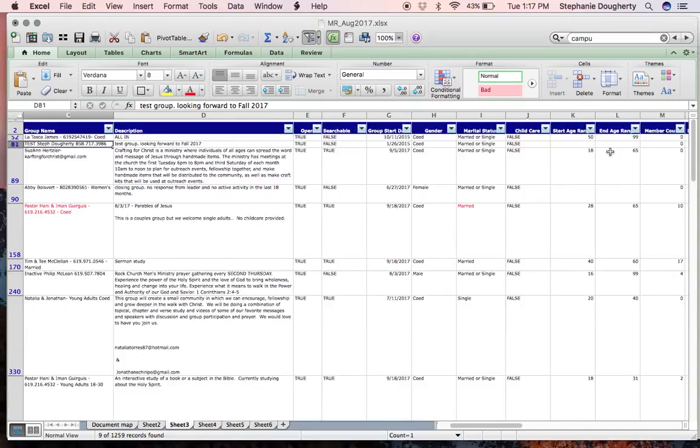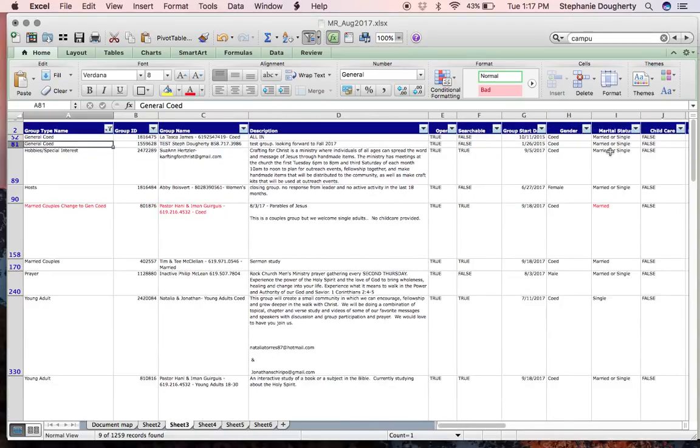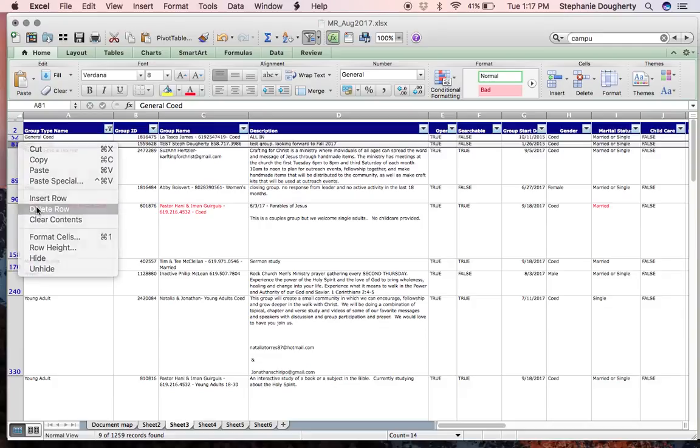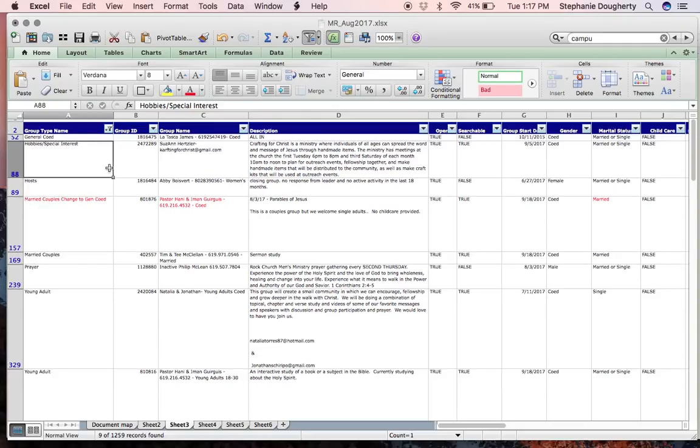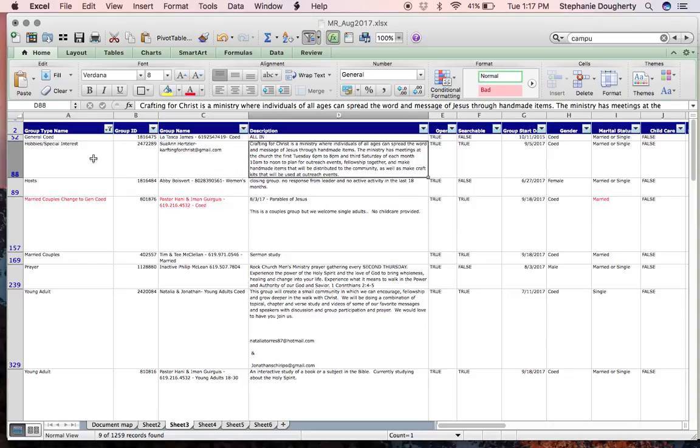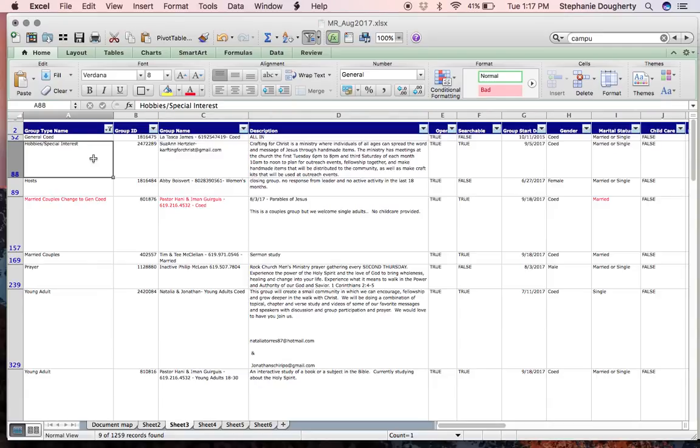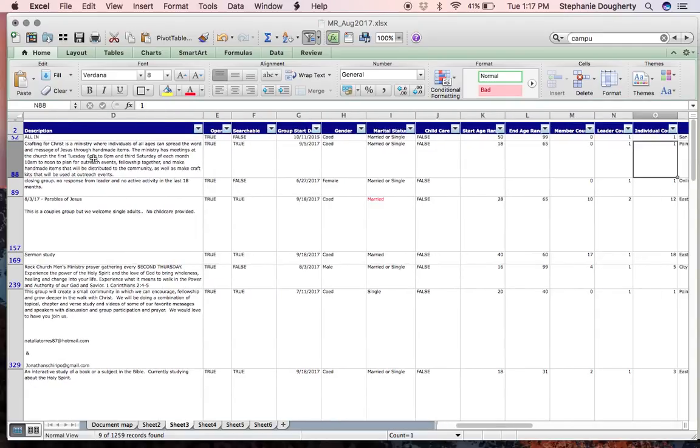Here's another blank group. This is a test group, so we don't even want to count this, and the test group we can leave as is, so we're just going to delete that. Hobbies and special interest, crafting for Christ. So it looks like this is co-ed, general co-ed, special interest. So again, I would make this